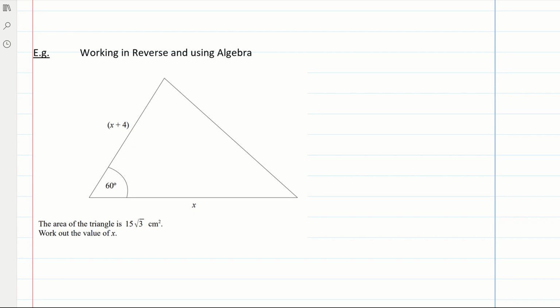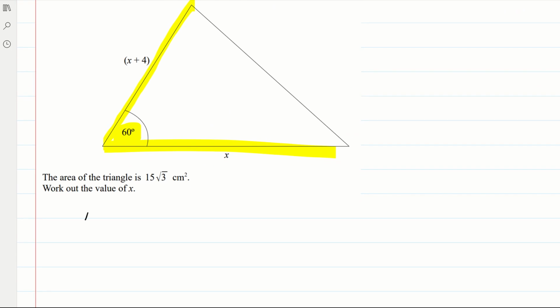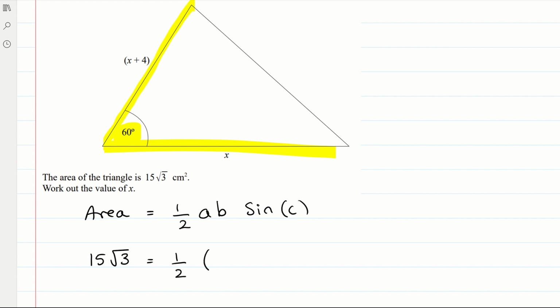This is working in reverse and also using algebra. So it tells you the area of the triangle is 15 root 3. And find x. And it's given you your angle, and it's given you the two sides that it's trapped between. So the area, I always start by writing the formula in front of me. Area is half AB sine C. So area is 15 root 3 equals a half times x